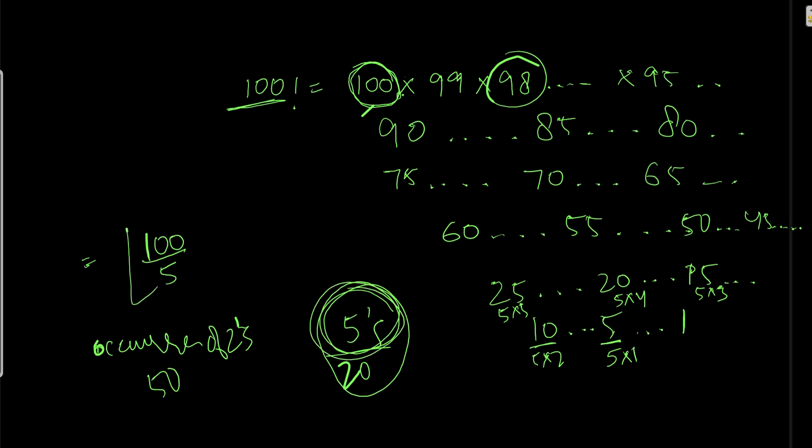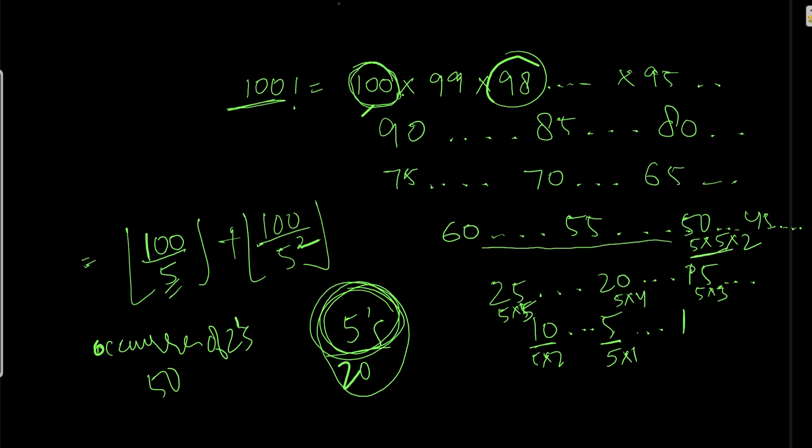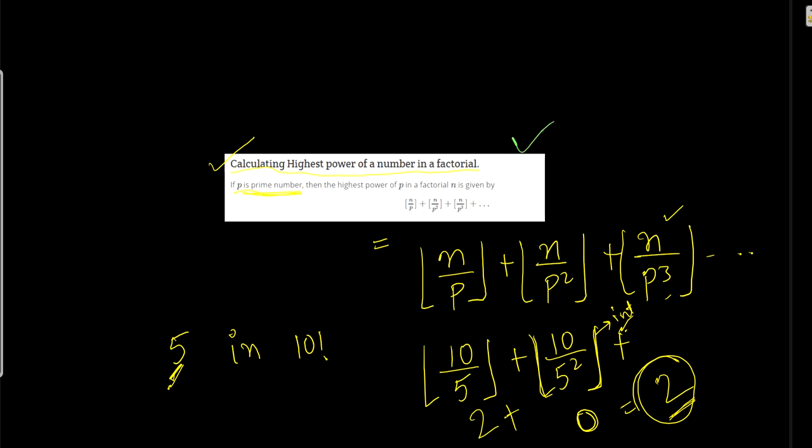First, we will calculate for 5 factorial, then 5 square factorial. 5 square because here 25 is 5 square, 50 is 5 square into 2, such that there will be more numbers where there will be 5 square. And if we have values exceeding 125, there will be more cubes of 5. For 125 it is 5 cube. So hope you understood this formula. Based on this formula, we will be writing our code for trailing 0 in factorial.